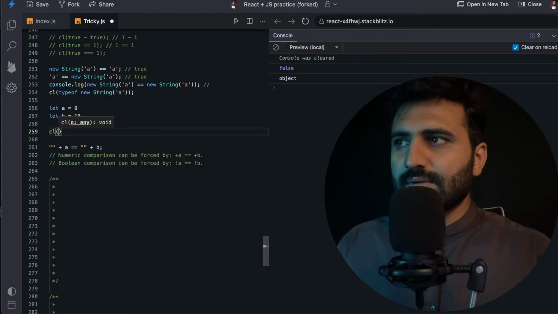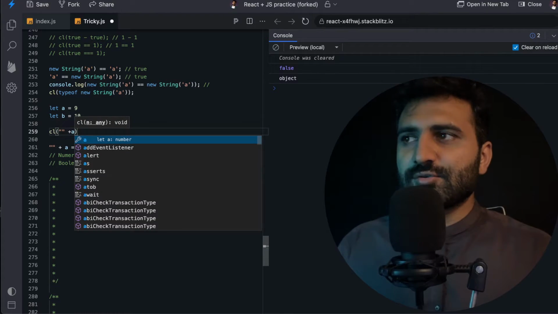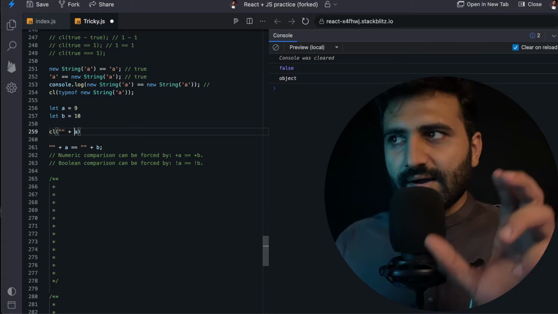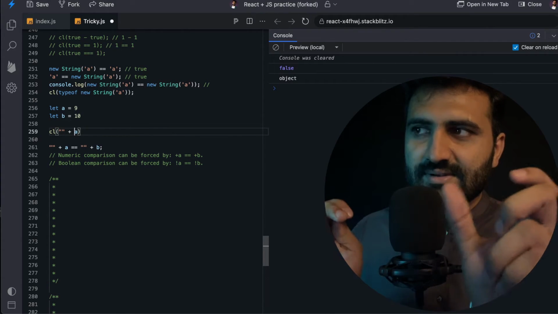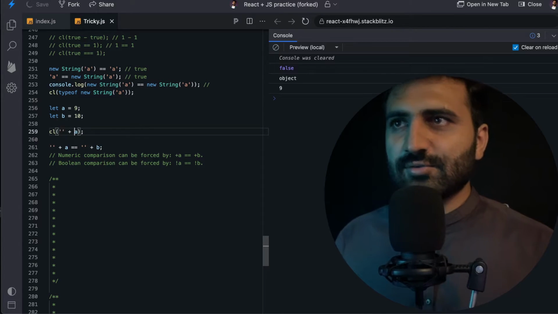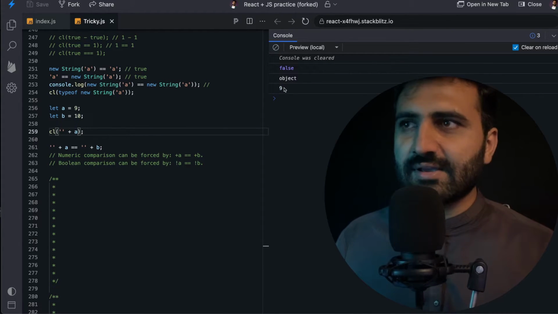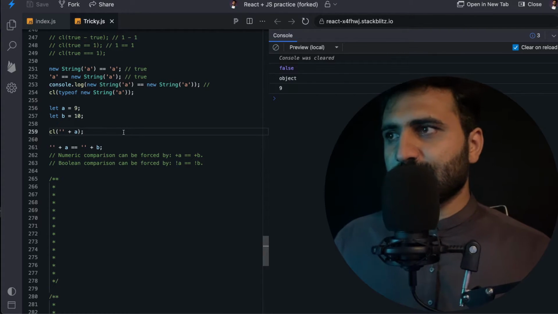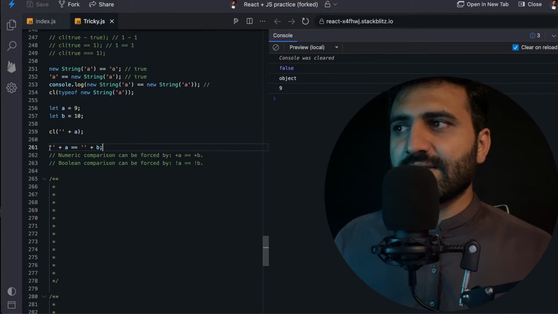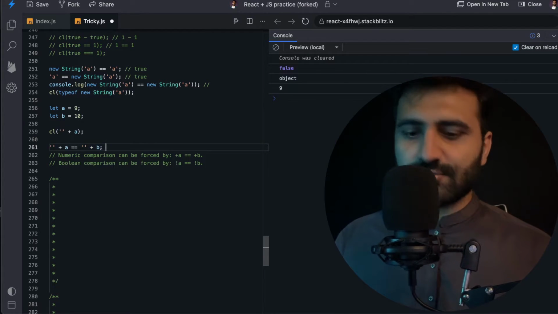a string plus a, so I am making an addition of a string and a number. What will happen is this number will be coerced to a string, so this is showing string. Actually this is not a digit, this is a string type. If you look, it's of white color. So this is a string-forced comparison,